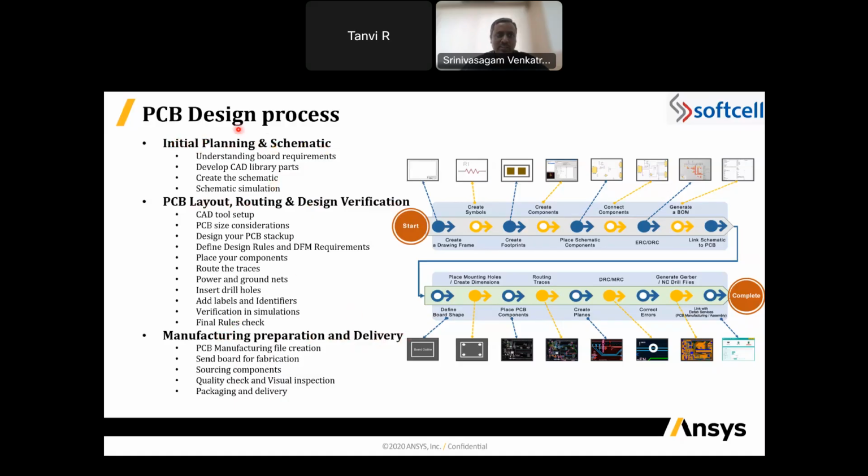So what are all the things we cover in this PCB design process? We start with understanding what the board requirement is, what the primary application is where this PCB is going to be used. And we develop the various CAD library parts which get into the PCB board, and we create the schematic, and we do the schematic simulation requirements. And having done with the initial planning, we move on to the PCB layout, routing, and design verification, where we